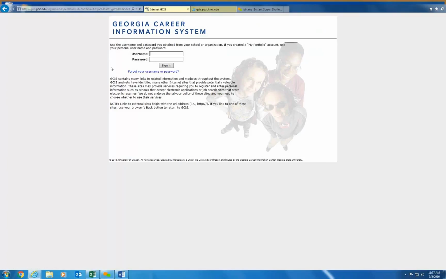Now, there are actually 4 types of usernames and password sets that would allow you to look at the GCIS content. The first is called your school access username and password. The school username and password is unique to each and every school. Every school in the state of Georgia has one. And we actually shared that information